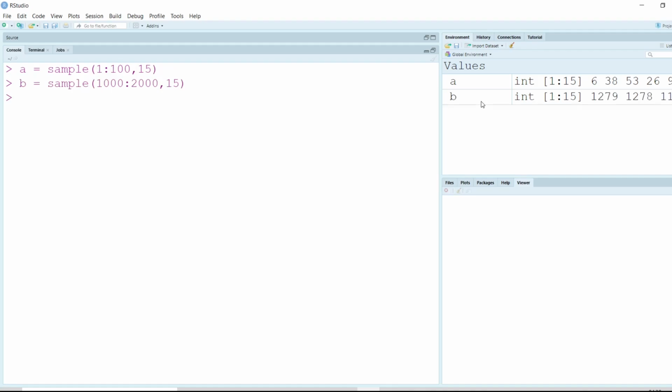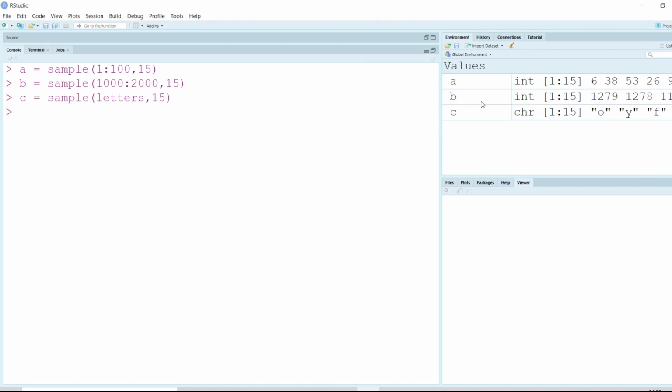Let me just create one more variable, c is equal to, this time a sample of characters, using an inbuilt R variable letters, and again I create 15 of them.